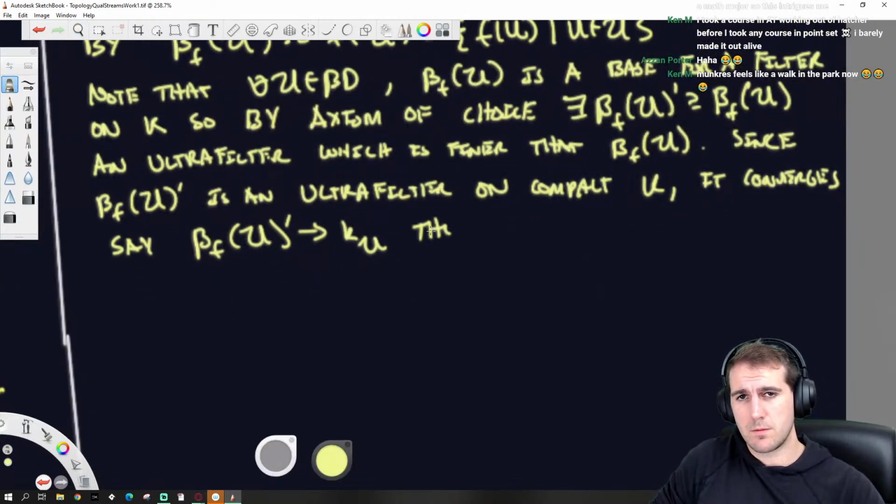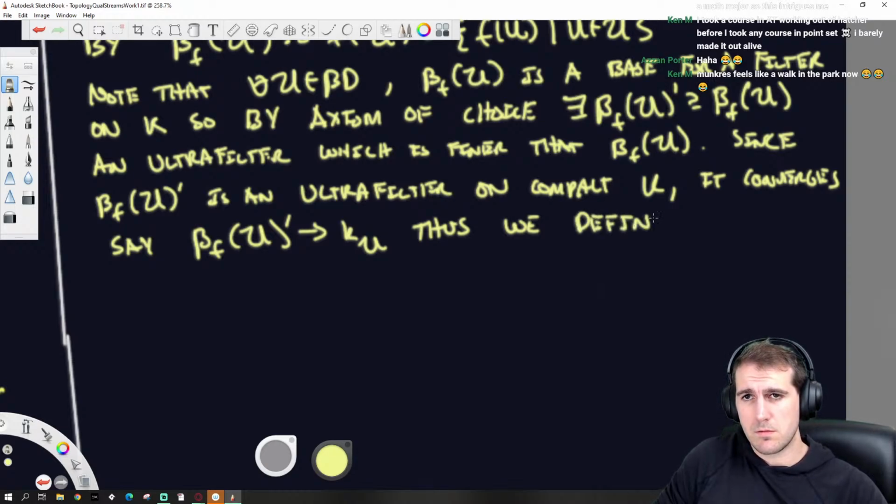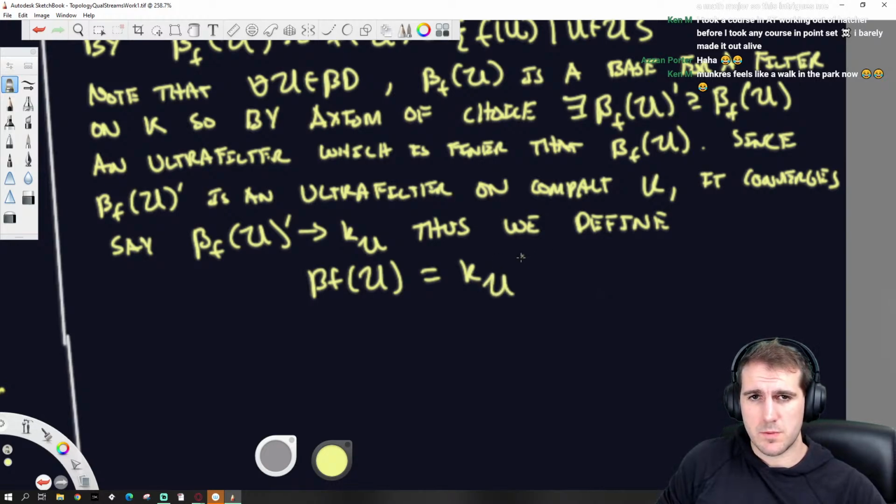Thus, we define beta f of an ultrafilter to be equal to its corresponding limit.